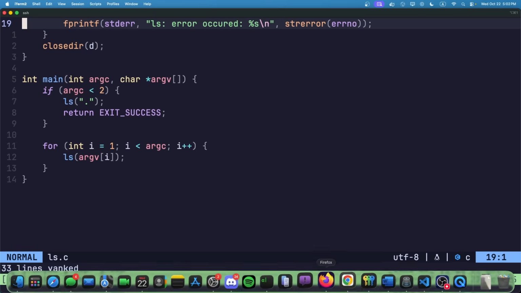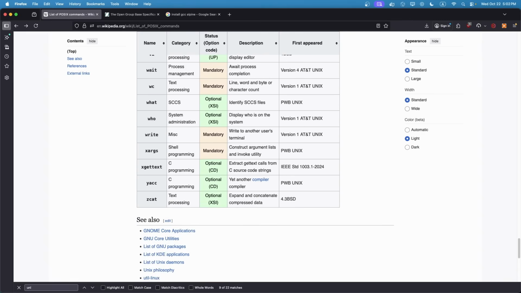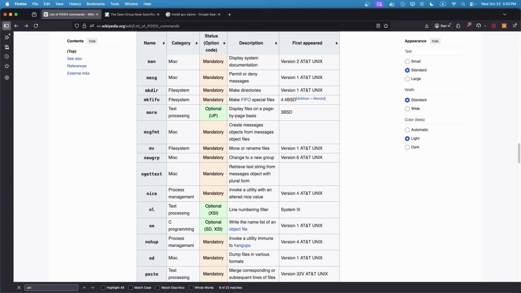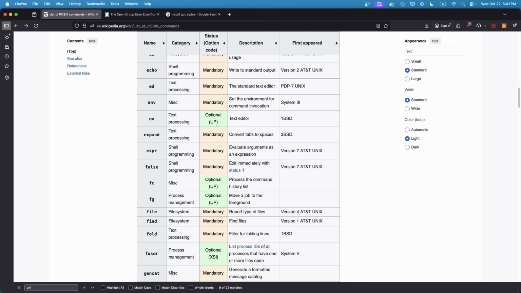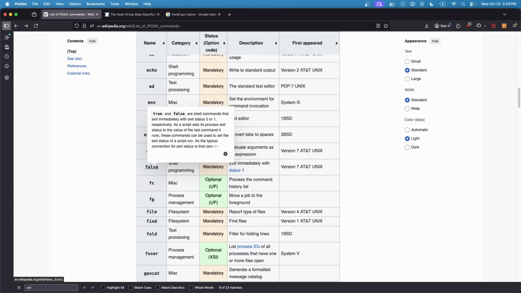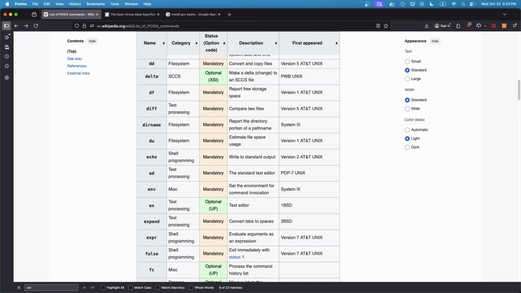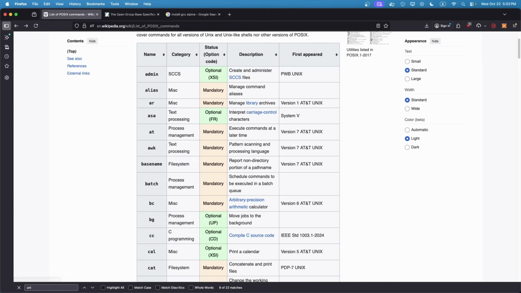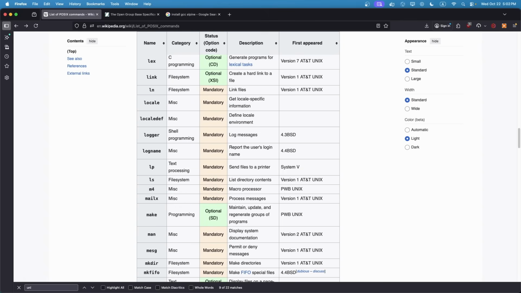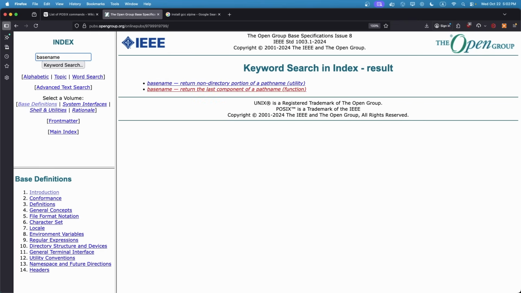Like, for example, here you have this huge list of stuff you can work with. Try to make your own grep, right? File, find. This is gonna be like a 2-minute program to make. You can make your own echo, du, dirname, basename, all that. Sorry, basename, not filename. All these commands, you can always look up their